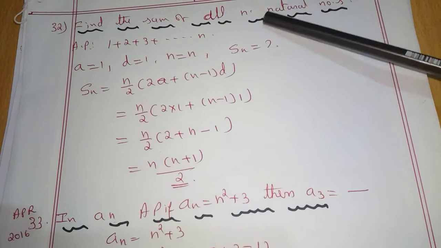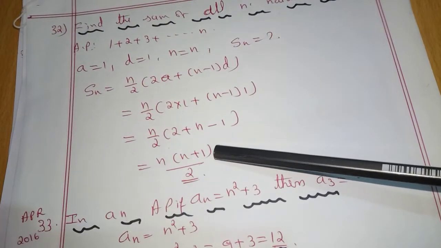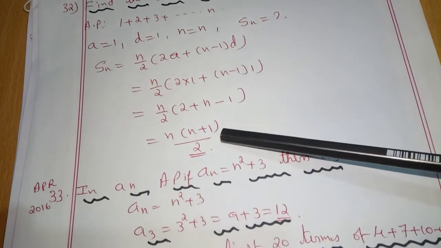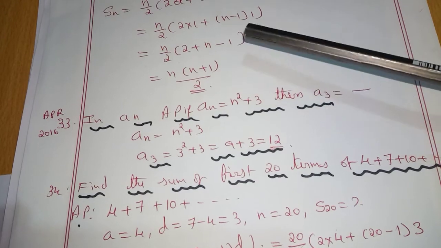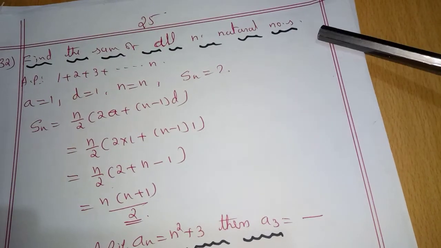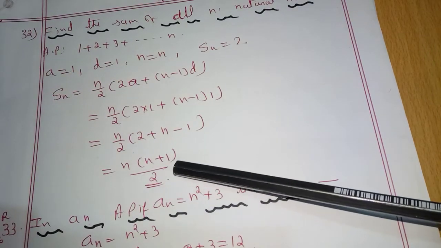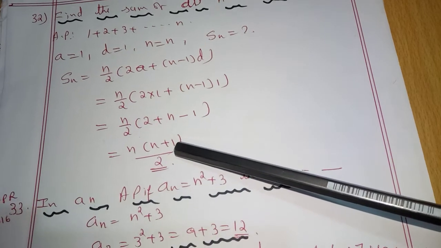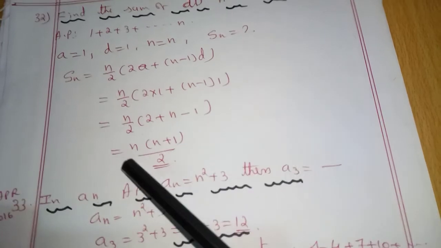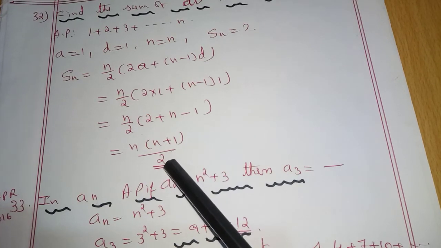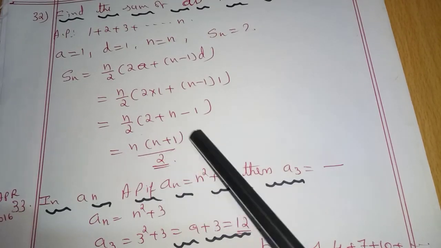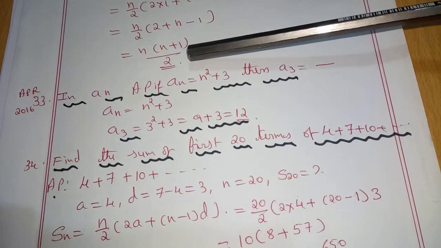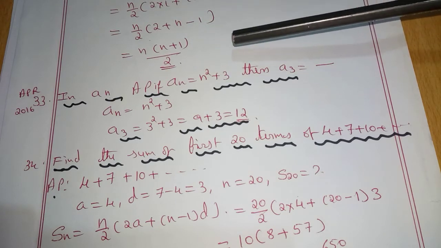Sum of natural numbers. One more formula to remember. Sum of all natural numbers is n into n plus 1 divided by 2. If they ask the sum of 4 natural numbers, 6 natural numbers, 10 natural numbers, if you remember the formula, applying it directly we can find the answer. Suppose 6 natural numbers. 6 into 7 divided by 2. 2 threes are 6, 7 threes are 21. Is that enough? Yes. Next question from 2016 April paper.